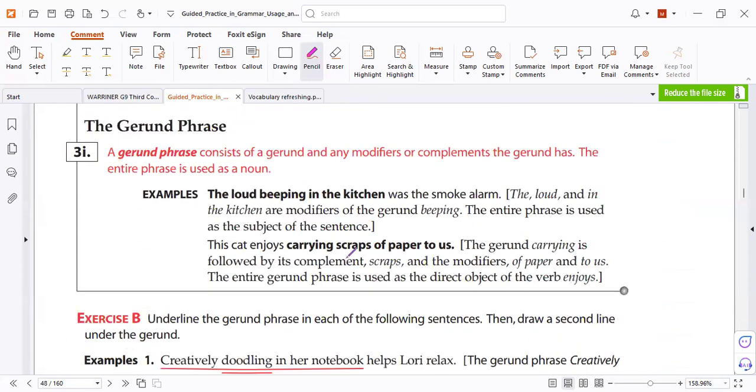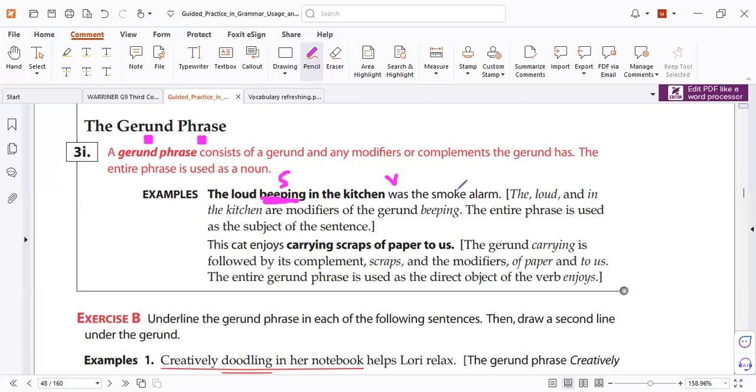Now we can invent a gerund phrase. It's a phrase that has a gerund, as with any phrase we did. Look, a gerund, and the subject of the sentence. So all of it is a gerund phrase, but a gerund is only the beeping. So a phrase means a group of related words. So easy.